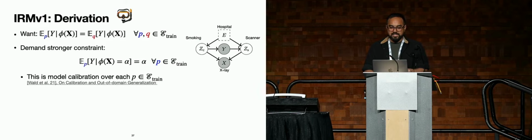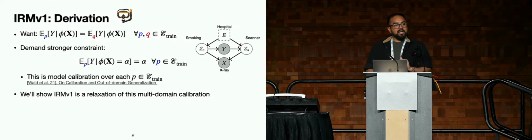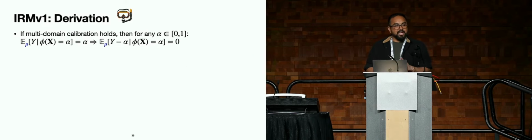Okay, so this is a proof from Wald et al. We'll show that IRM V1, the gradient norm penalty, is a relaxation of this multi-domain calibration constraint. Okay, so let's carefully walk through this. It's okay if you zone out a little bit because it's a lot of math. If multi-domain calibration holds, that means that taking the conditional expectation of y given what your model probability is should be equal to what the model probability is. So our model probability here is alpha. You can move your alpha to the left-hand side and get a conditional expectation of a difference. As this holds for every alpha,